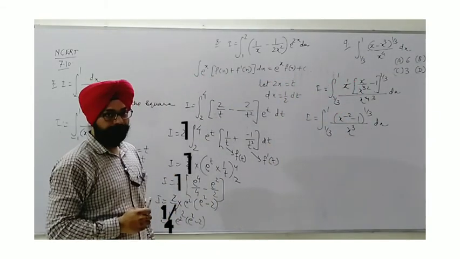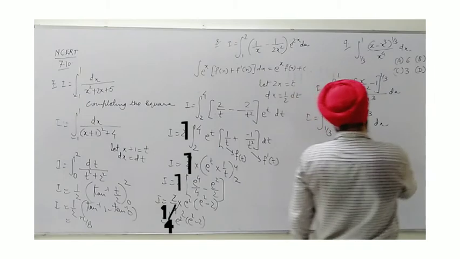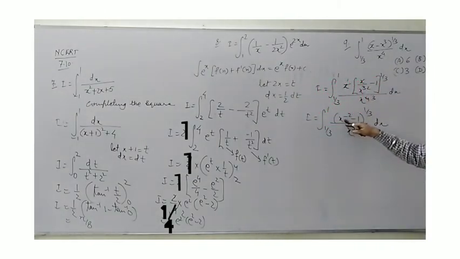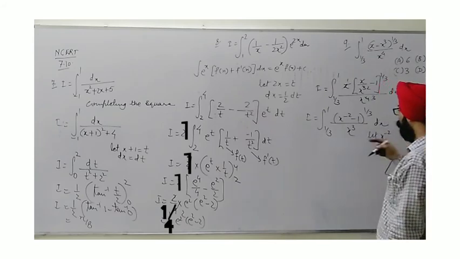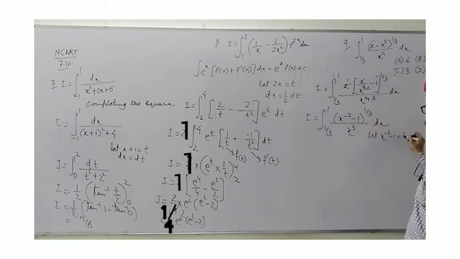Generally, why do we do so? Reason: when we get a negative power here, its differentiation gives plus 1 power, meaning 3, which is available in the denominator. Situations are totally different. One more thing: as I am going to take substitution, obviously this bracket will be done. So let's begin. Here we take, let x to the power minus 2 be t. Differentiating, minus 2 x to the power minus 3 dx equals dt, or we can say 1 upon x cube dx is minus 1 upon 2 dt.